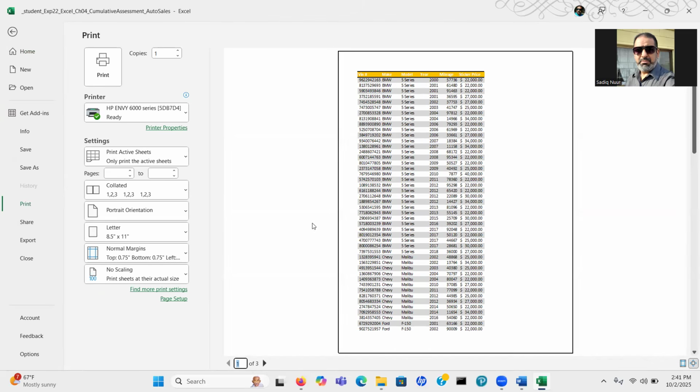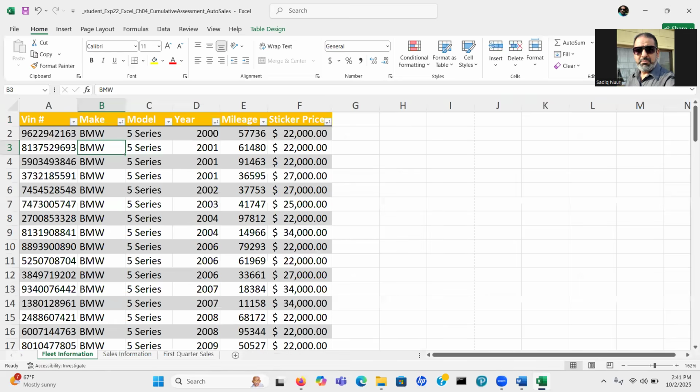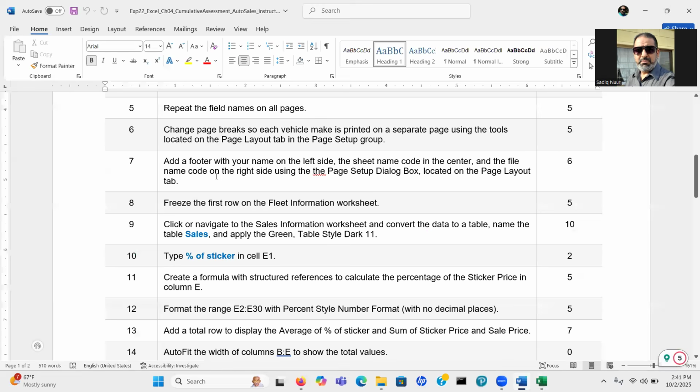It's only on the first page, you see that? So we need to fix that. What they said is to repeat the field names on all pages.